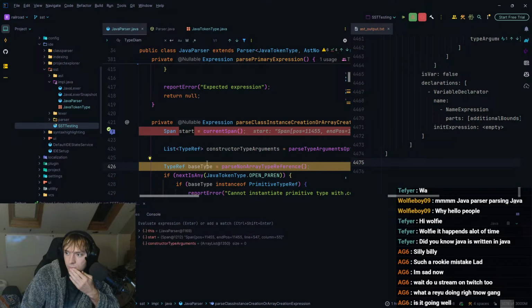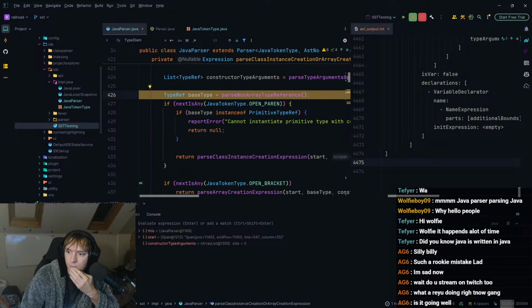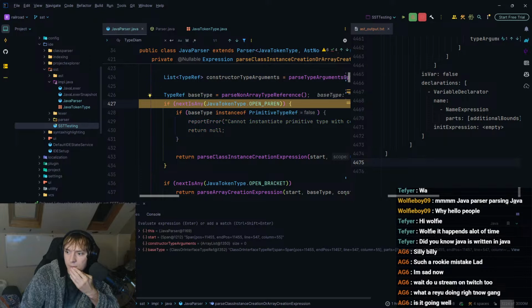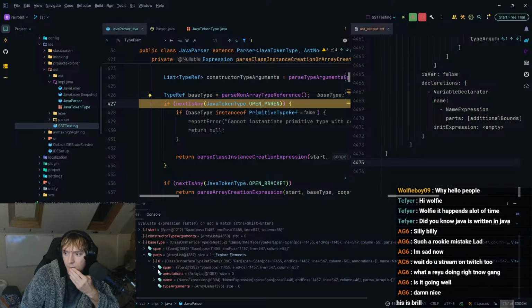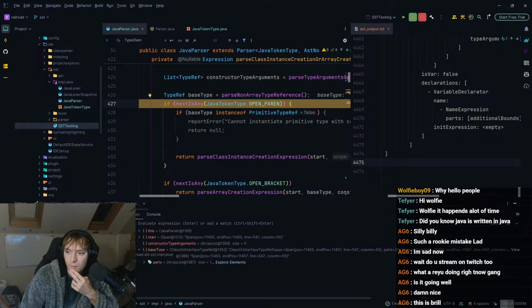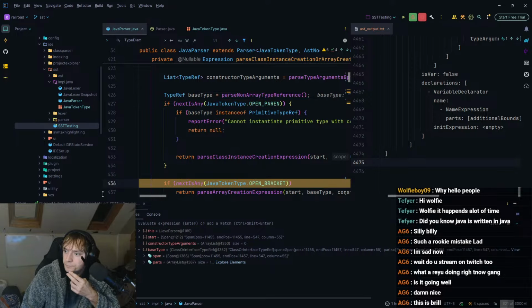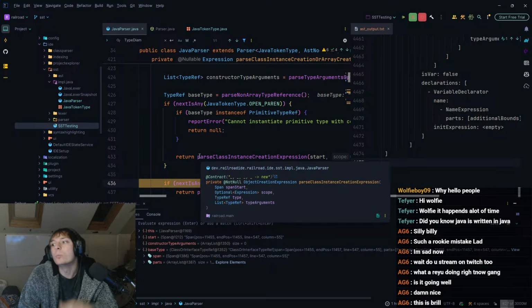Right now, it's not too happy with that. So base type. If we have a look at base type, what are you? You are a class or interface, and hopefully that has no type arguments. That is correct. So, oh, bugger.